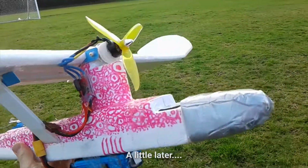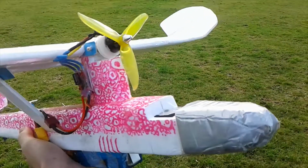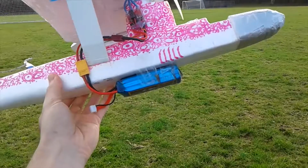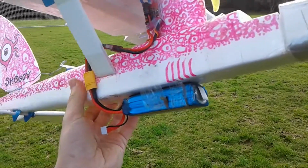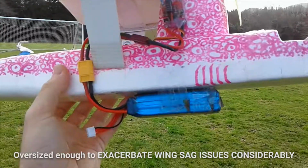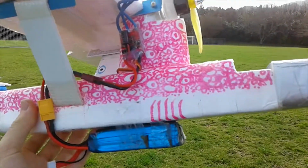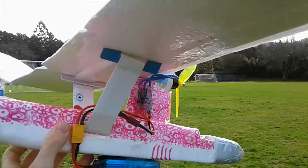Now the little 850 milliamp 3-cell battery which we had on the front here doesn't give us very long flight times, possibly due to my tendency to do crazy aerobatics. So I'm trying the plane out with my utterly oversized 3-cell 2800 milliamp hour battery, which I have to mount on the bottom much further back. If you look at the difference between here, and here's the wing, you get an idea of how big a